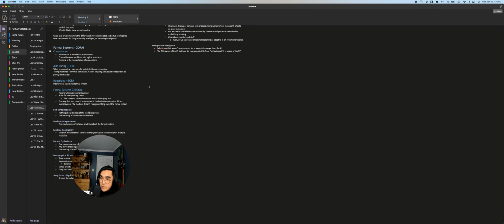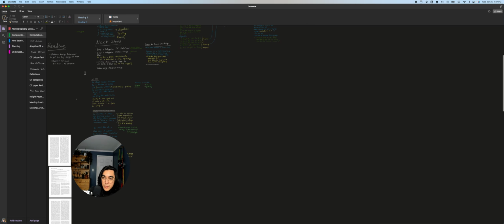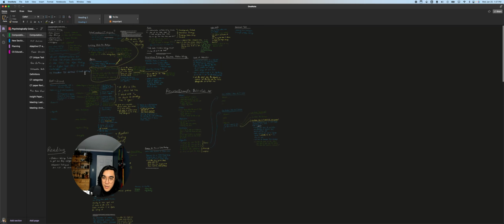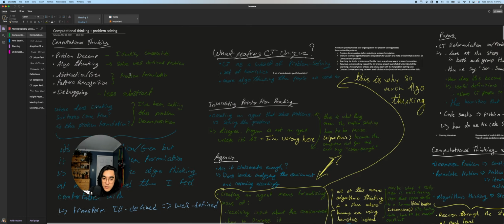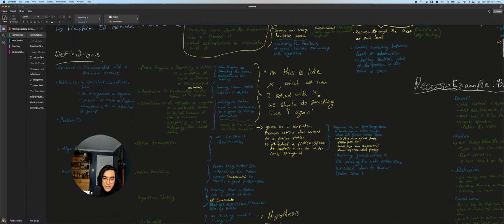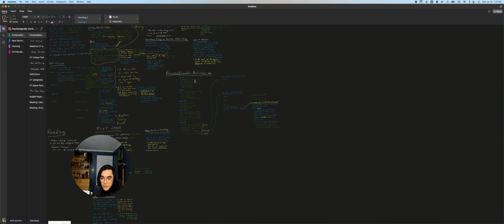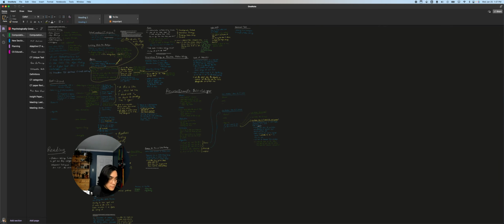And let's see, where's my... I've got it here somewhere, I swear. Some of the brainstorming that I've been doing. This was a brainstorm that I did at the beginning of my thesis, where I was just looking over major concepts, drawing them together, copy-pasting things. You can see, again, the important part is flexibility, that I have this infinite whiteboard, essentially, to play with ideas. And that's how I do more review.